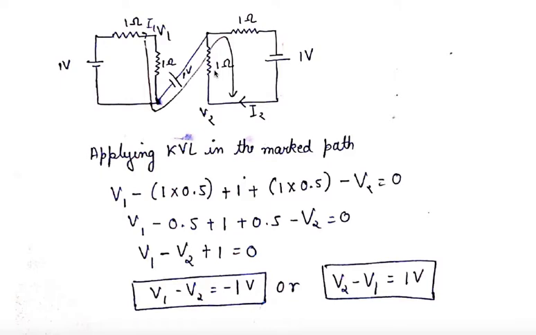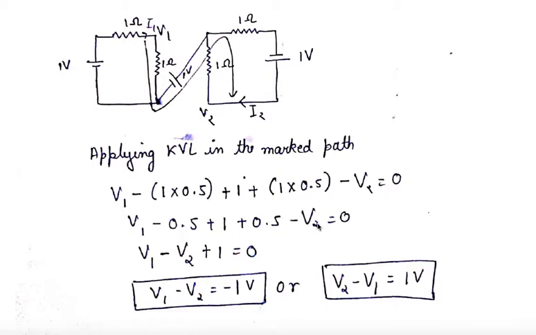Now in this resistor you see we are going opposite to the direction of current. Current is coming in this direction, but we are tracing this loop in this direction. So it is opposite to the direction of current, so the voltage polarity will be positive. Then again we are going till V2. Till V2 means positive to negative, that is minus V2. Then it is equal to 0.